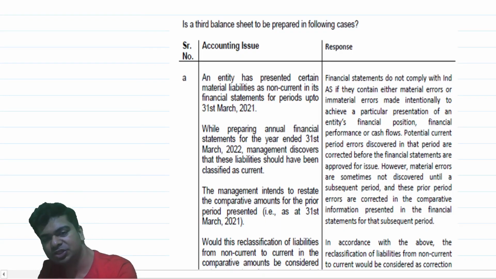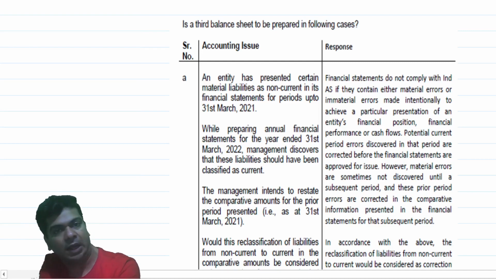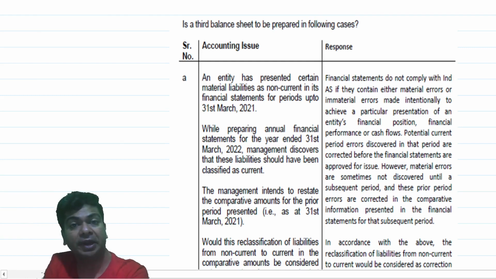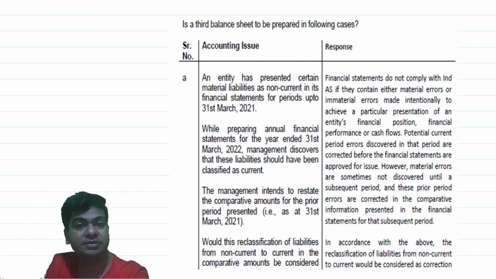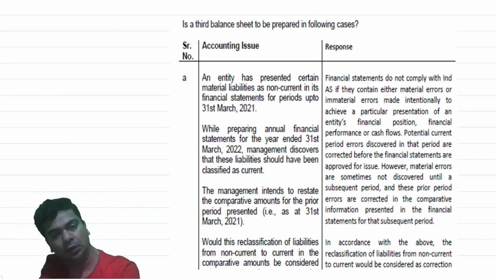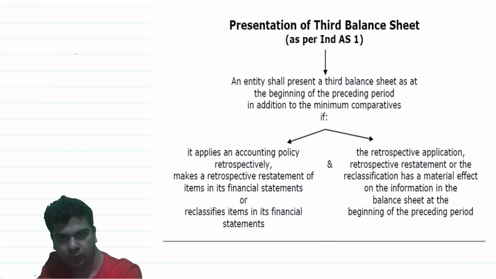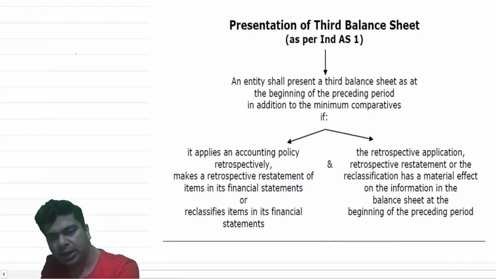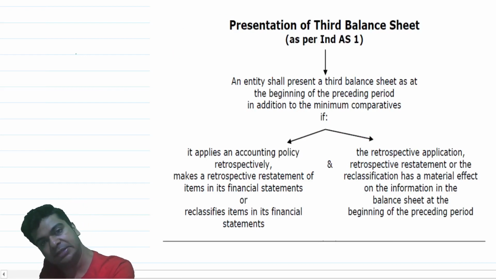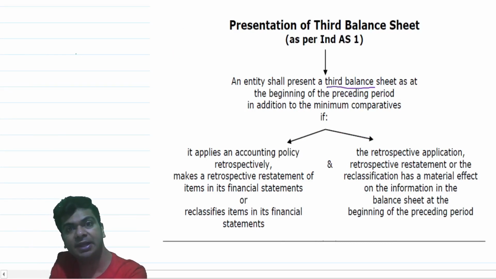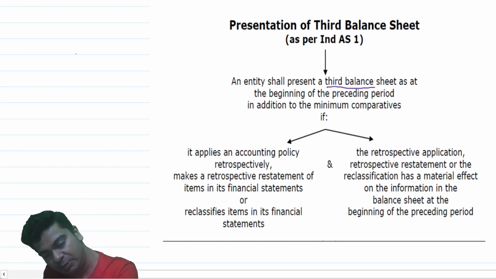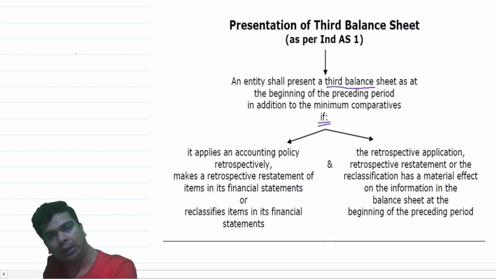Is a third balance sheet to be prepared in the following cases? Of course, we are discussing these cases in context of Ind AS 8, but whether a third balance sheet should be prepared or not is a subject matter of Ind AS 1. As per Ind AS 1, when should an entity present a third balance sheet? They say an entity shall present a third balance sheet as at the beginning of the preceding period in addition to the minimum comparatives if, please understand,